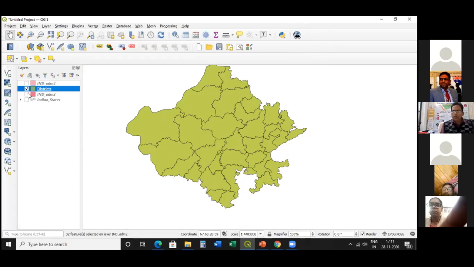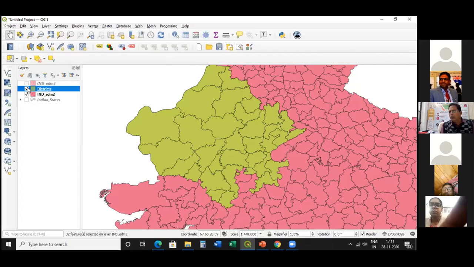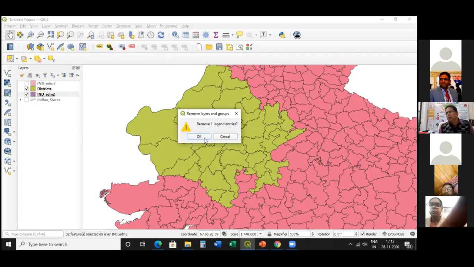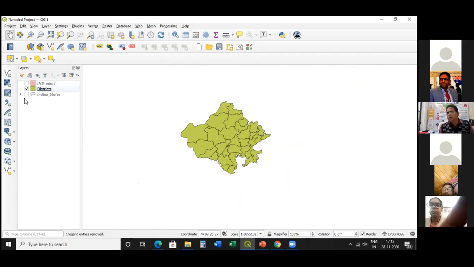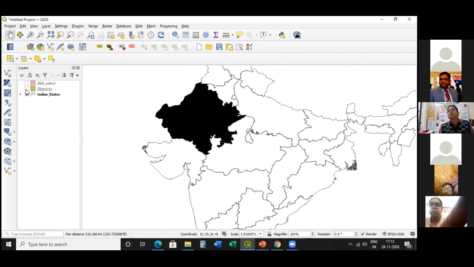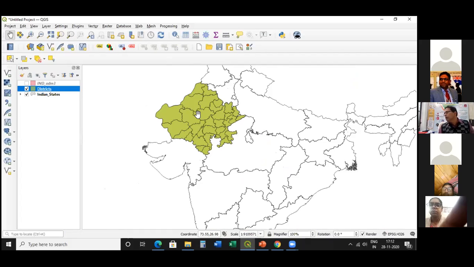See, here we have entire India. We do not want entire India. We need only the district. So I have selected only the district. Then I remove other districts of India by right-clicking on it and removing it. So now we have entire India, in which we have selected only the Rajasthan state, and we have the entire districts. In the districts, we have to select only one